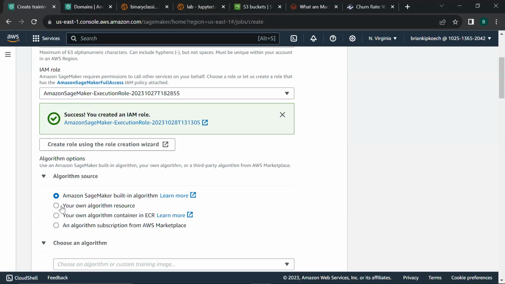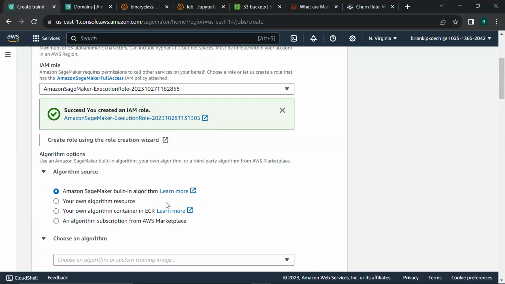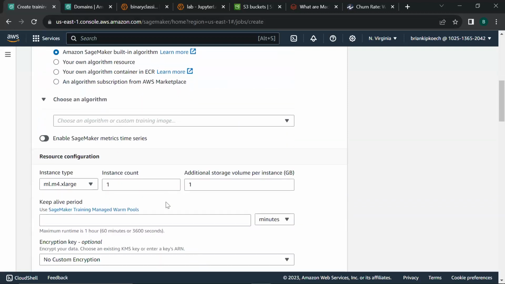You can also have your own algorithm resource, and you can also have an algorithm subscription from AWS Marketplace. But for this simple example, we will select the first option, which is Amazon SageMaker built-in algorithm. Since it's built in, everything is going to be done by AWS. It's already trained, ready to use.